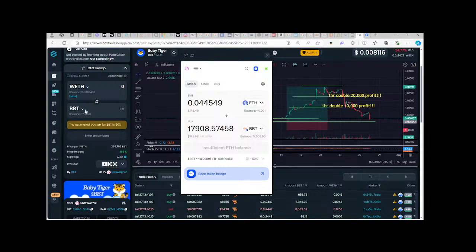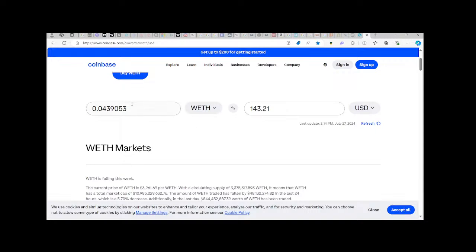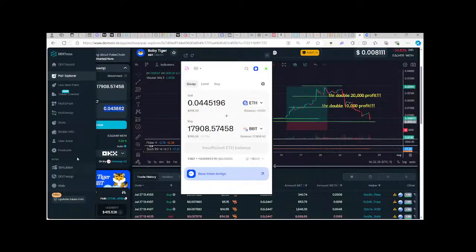On the sell side, if we maximize this, for some reason on the sell side on DEX tools, we are actually getting our value back. So I don't know if the project needs to reach out to DEX tools and figure out why when people go to sell on DEX tools, they're taking half the money. But when you buy, the project needs to reach out and talk to DEX tools about why when people are buying on DEX tools,